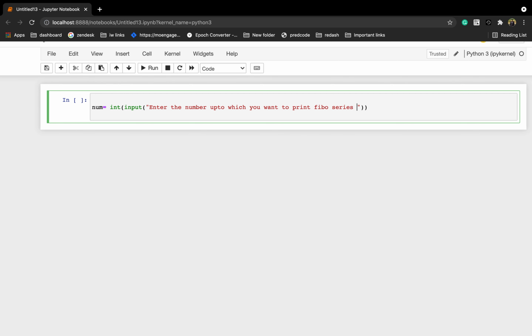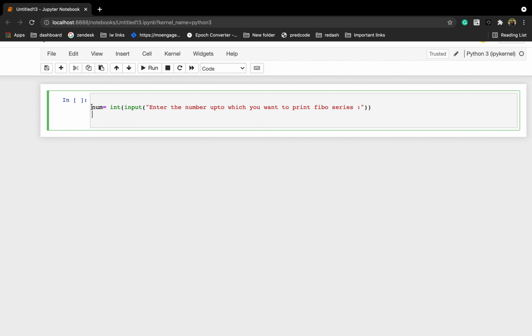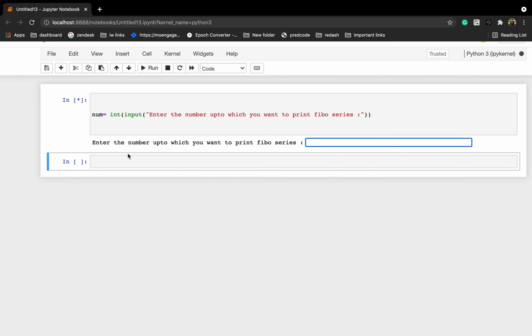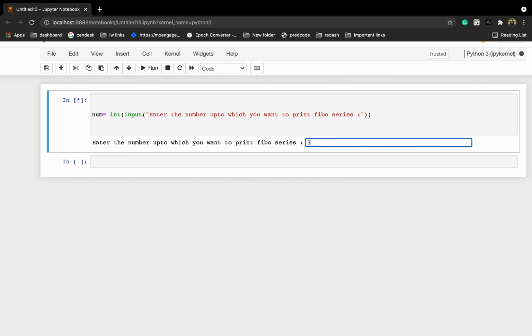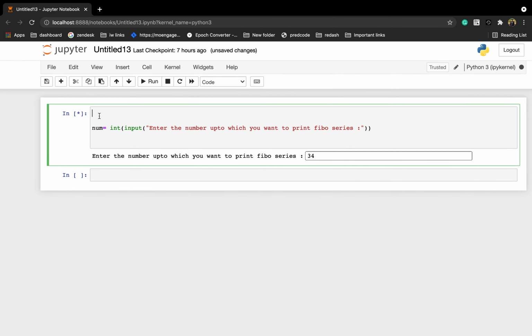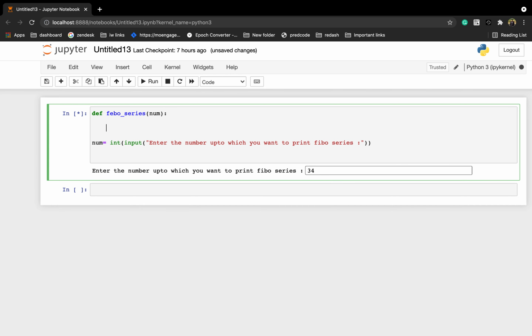Okay, so I have asked the end user. If you execute this, it will ask the end user what number you want to provide, right? So let's say 34, so we need to print the Fibonacci series up to this number whichever is entered by the end user, right? For that I am using the def keyword to create a function, and I am keeping the function name as Fibo series, you can take any name, and I am passing this num as a parameter in this function, right?